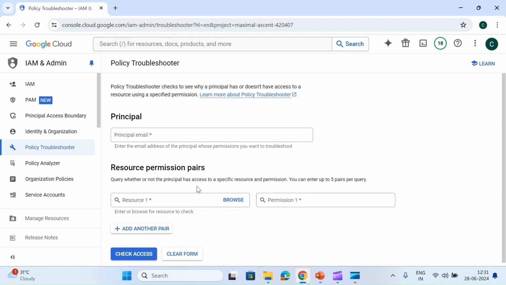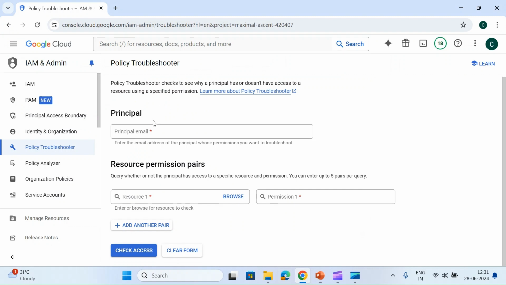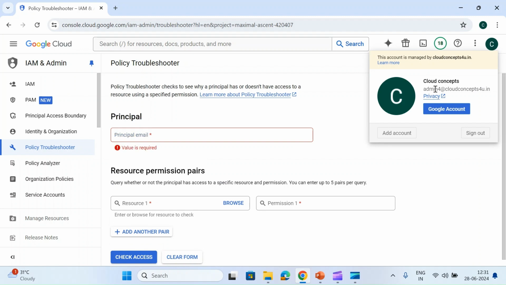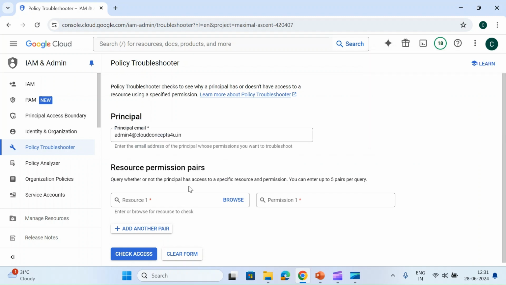So I'm in my Policy Troubleshooter, and here we have to provide an email address. So first of all I can provide my own email address. We have provided the email address. We have to choose the resource and the permission. For the resource we can browse here,